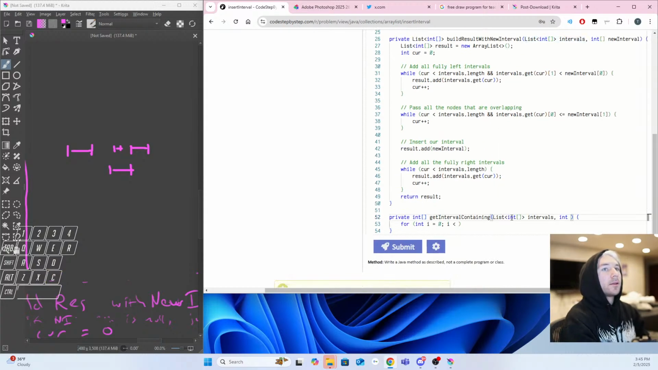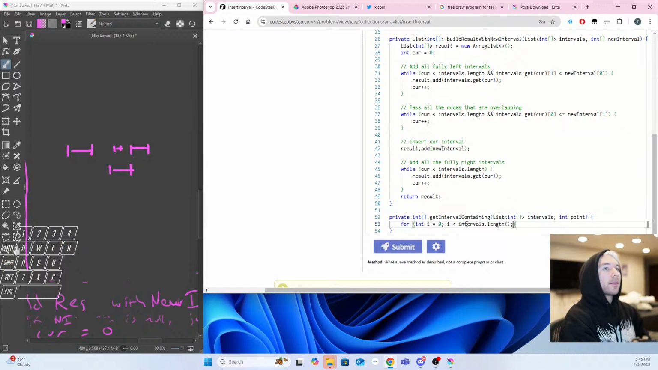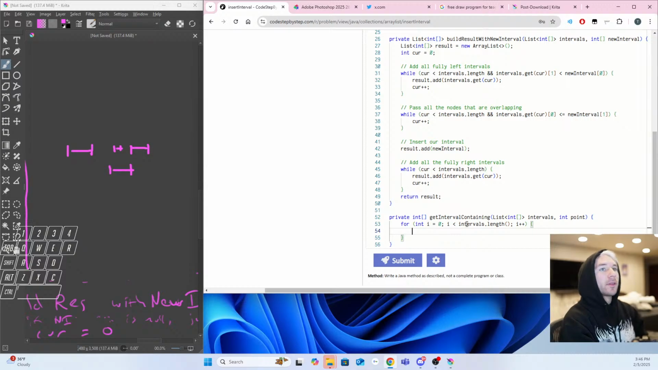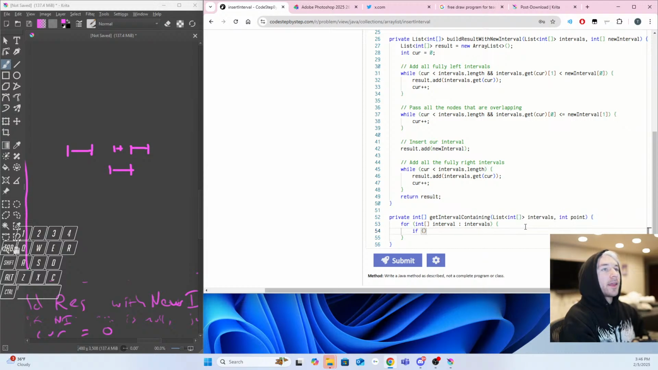Intervals, and then int, I'll call it a point. I is less than intervals dot length, I plus plus. What am I going to do here? I'm going to say if, actually wait, this can be a for loop, sorry. It can be a for each loop. In bracket, interval in intervals, and then I say if